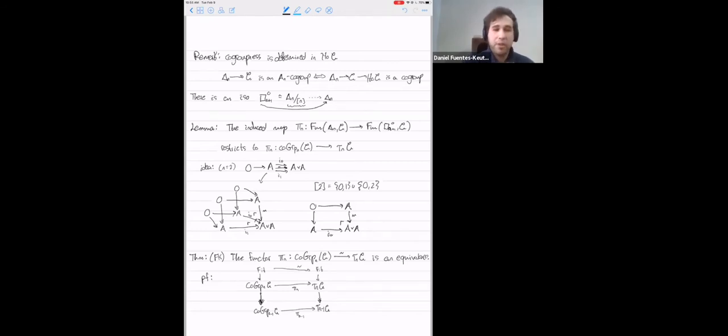There's some technical computation, and because the fibers are equivalent, this square is a pullback. And then I can prove by induction, if this one is an equivalence, then this one up here is also an equivalence. And so through induction, you can prove that this map pi n is always an equivalence. This is not very enlightening, so I'd like to do a more in-depth version for the case n equals 2